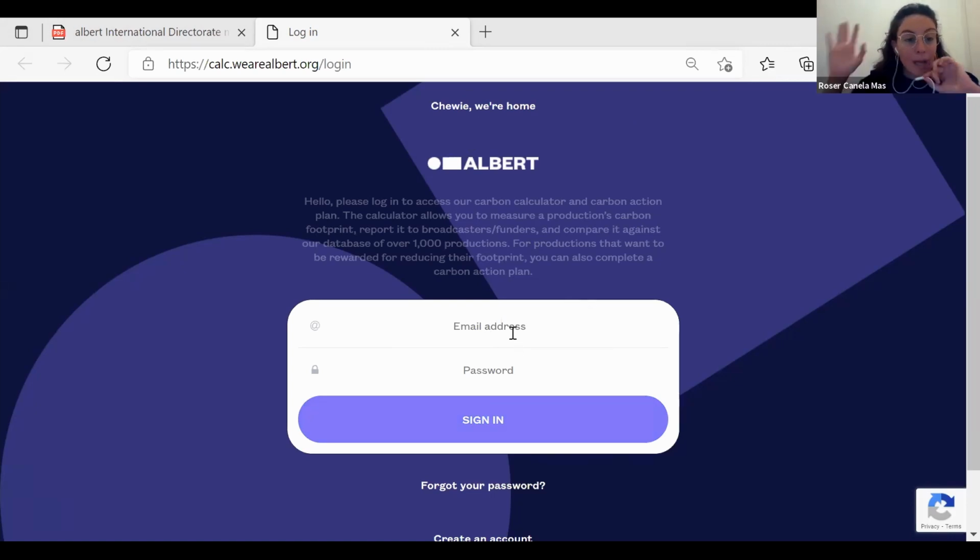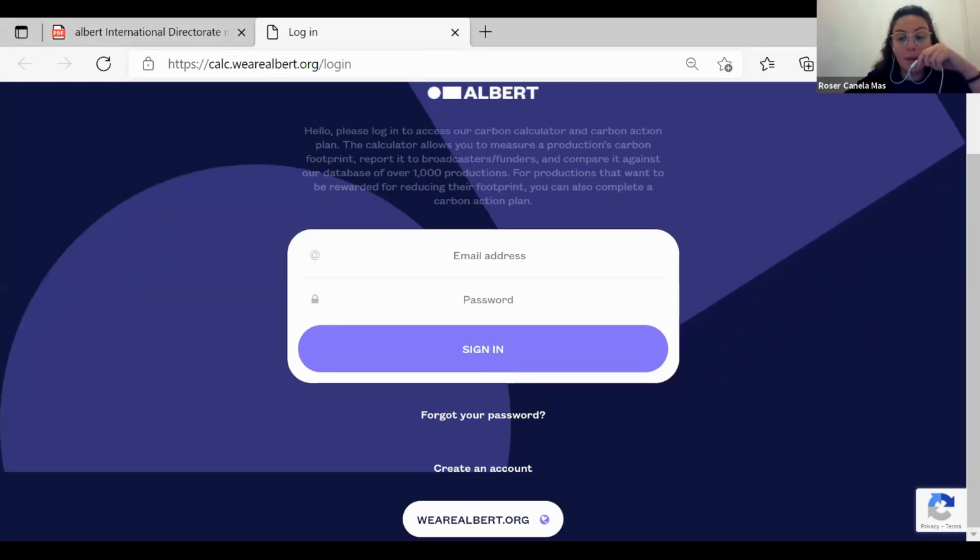So what happens if you don't have an account or anything? Obviously, if your company has an account already, you can go and find the admin in your company and ask them, can you create me an account? However, maybe you don't know if your company already has an account, or maybe you don't know who the admins are. Yeah, so okay, I want an account, so I'm just gonna go and click on